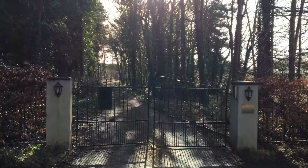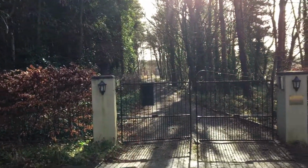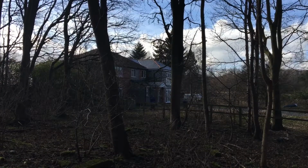There's a house here standing in isolation, so I'm going to have a look at that. I don't know if you can see, but there's a house that stands alone. It's got this little drive on here, and it's on the edge of these trees, but it's surrounded by trees all the way up the drive. Not too sure whether anyone actually lives here or not,